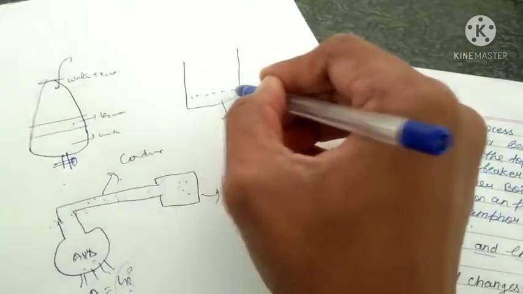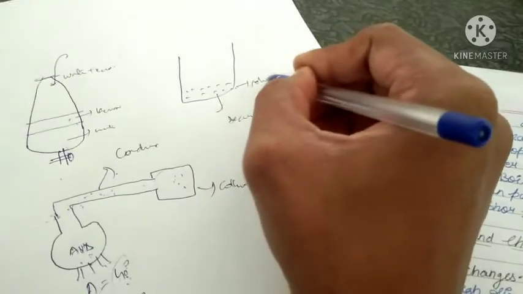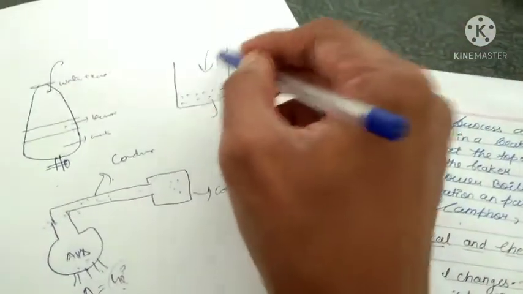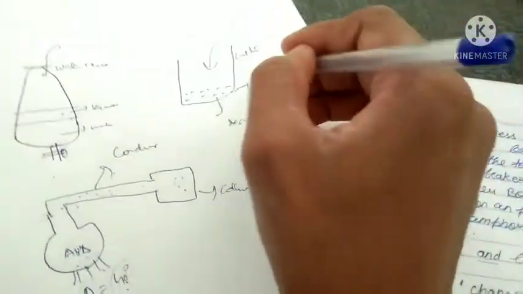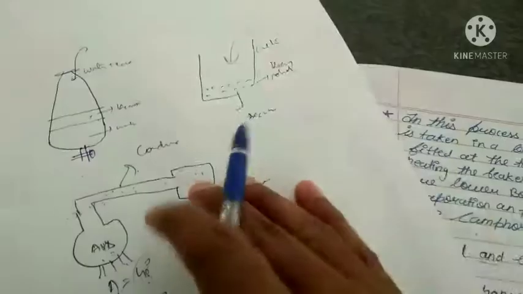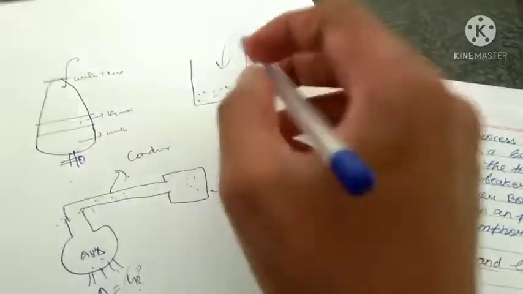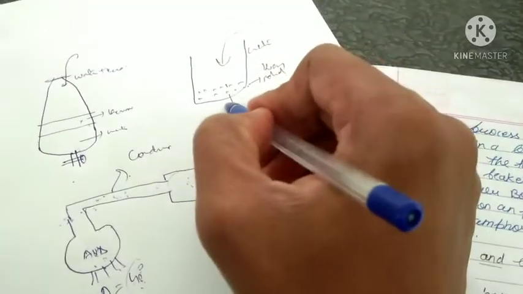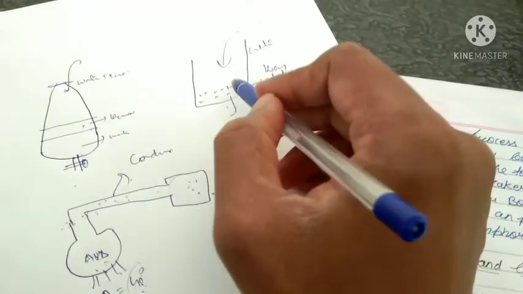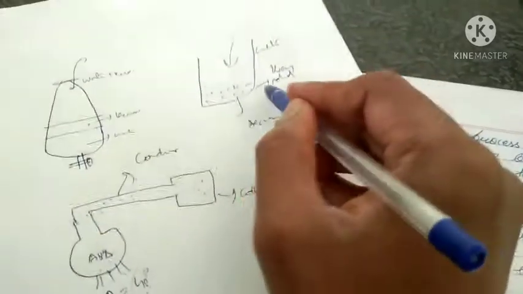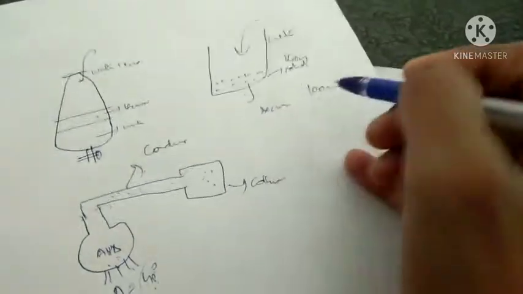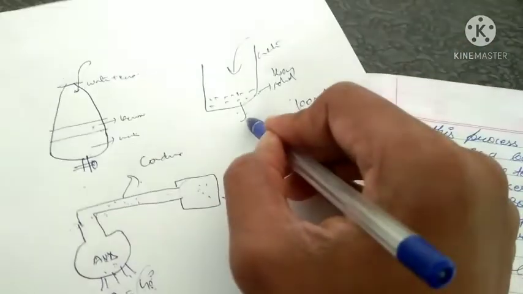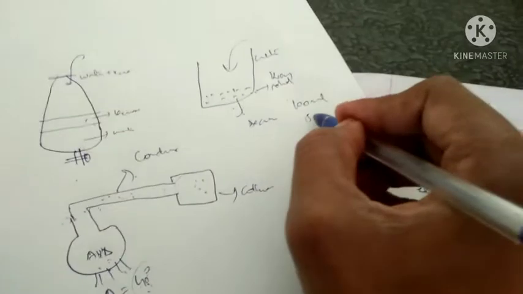Here the given substance is present in solid state. What we have to do, we have to add some water. After adding water, it should be stirred, like this. After stirring, we have to add some amount of H2SO4, students. After adding H2SO4, it should be heated. Suppose the volume is 100 ml. Then we have to apply heat, and this 100 ml should become 50 ml.